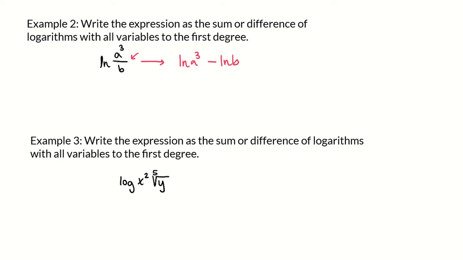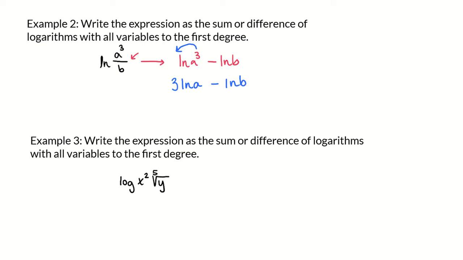And now we can use the power property on the ln of a to the 3rd and move the power 3 to the front of the logarithm. So that would be 3 ln of a minus ln of b. And now this is written as a sum or difference of logarithms with all variables to